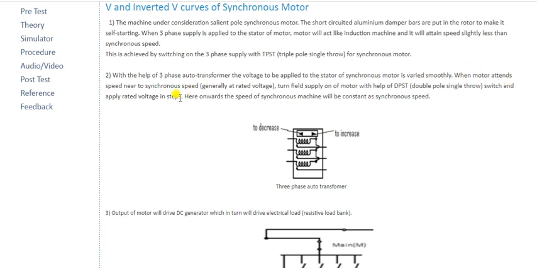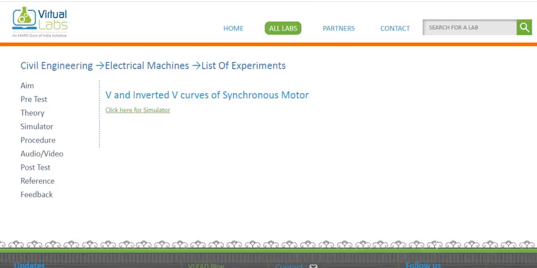When the motor attains speed near synchronous speed, generally at rated voltage, turn the field supply of the motor on with the help of a DPST, double pole single throw, switch and apply rated voltage in steps. From here onwards the speed of the synchronous machine will be constant at synchronous speed. So first of all,